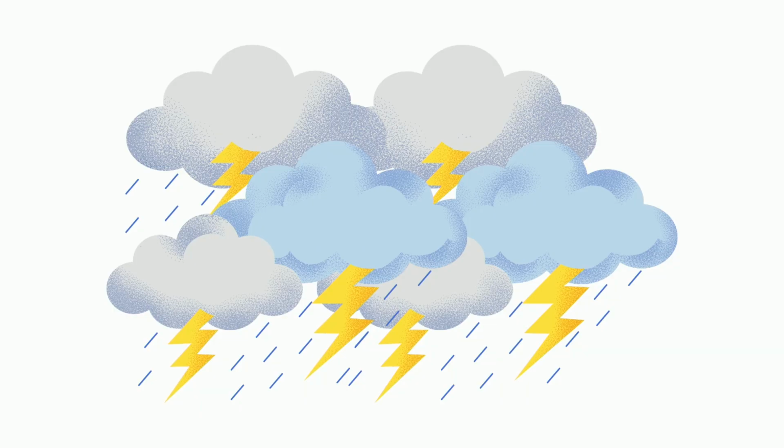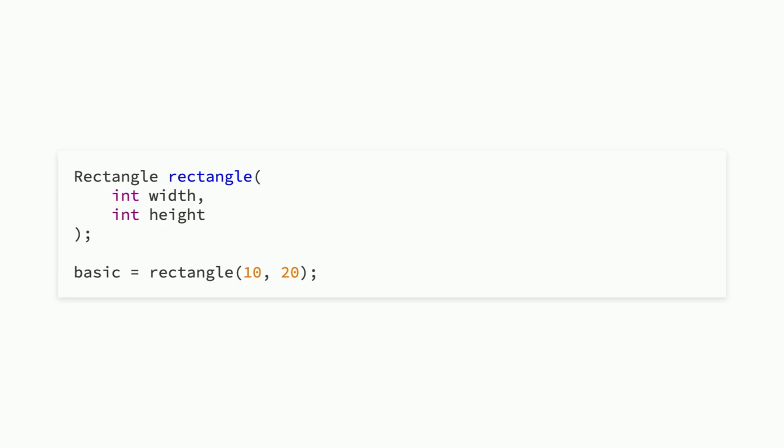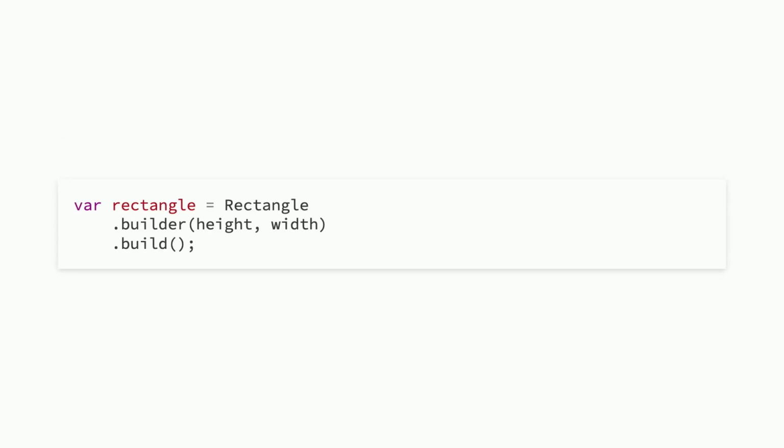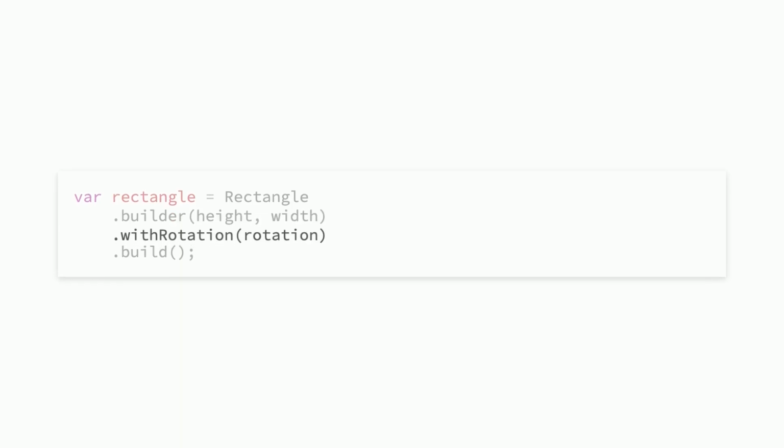Now, if we step away from the thunderstorms and lightning, which are very, very frightening, and go back to our original non-Python example, how could defaults be done in a language that doesn't support them? Well, some of you might be familiar with a programming construct called a builder pattern. This is it here. On initiation, it requires and stores all necessary data, and then allows for adding of any optional data before building the final state.